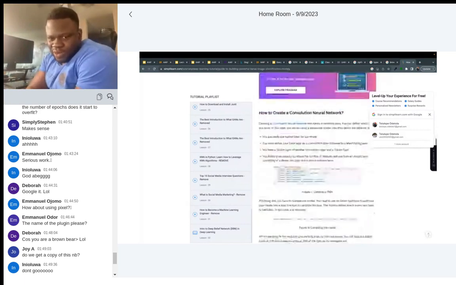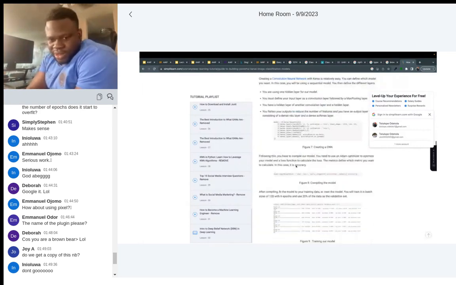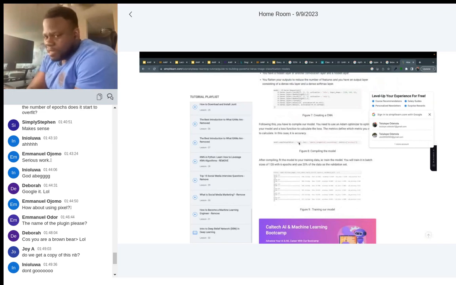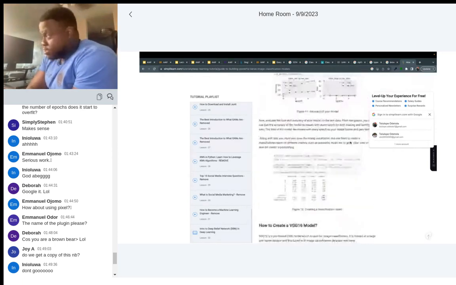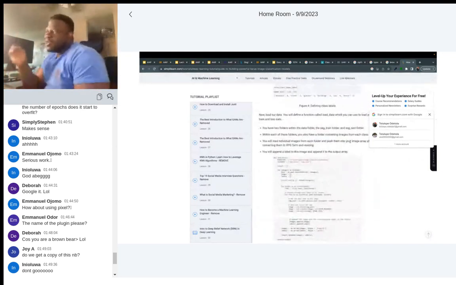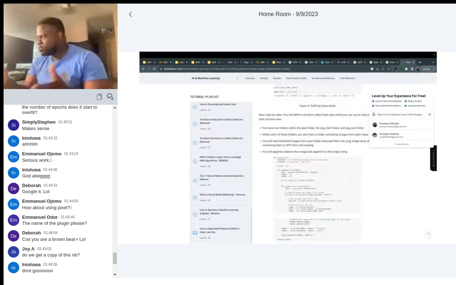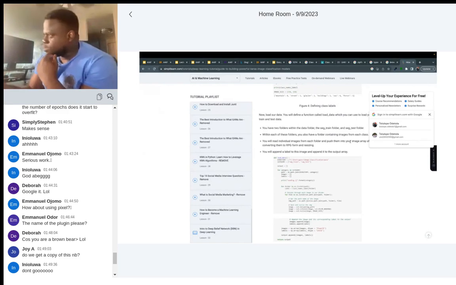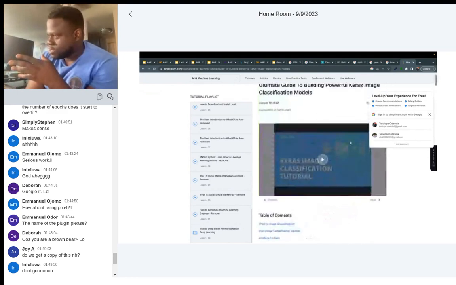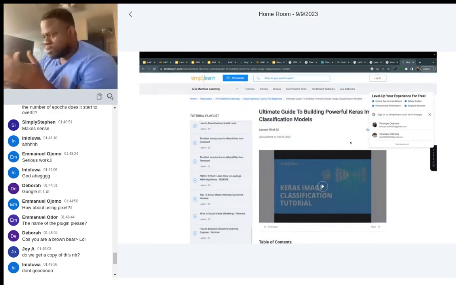It's just the way they write their code. Look, they're using a sequential model. They are training the model. They are using the Adam optimizer, sparse categorical cross entropy, and their metric is accuracy. So all I'm saying is you have something foundational, so that if you look at any other resource, it won't be alien to you. You'll be able to find your path and say, oh, these people wrote this code better than Dr. Tolu. It doesn't matter.